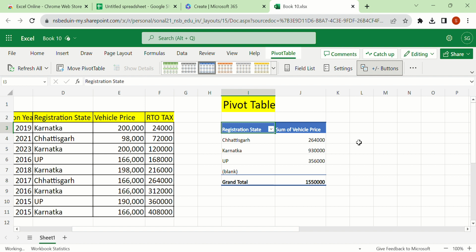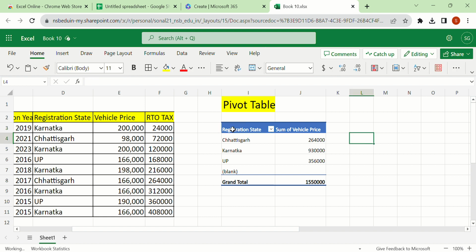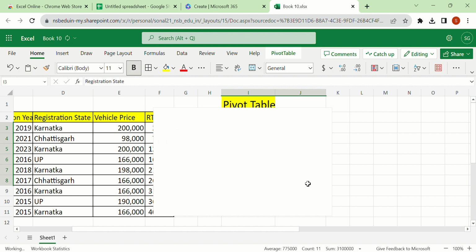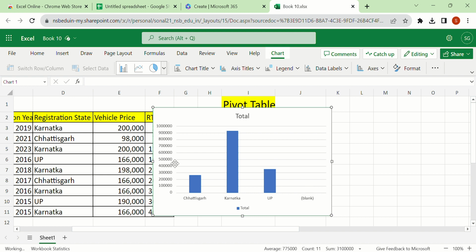Now I am going to share a magical trick with you on how you can create a chart in just 1 second. First you need to select this data, then press Alt plus F1 and here you can see your chart is